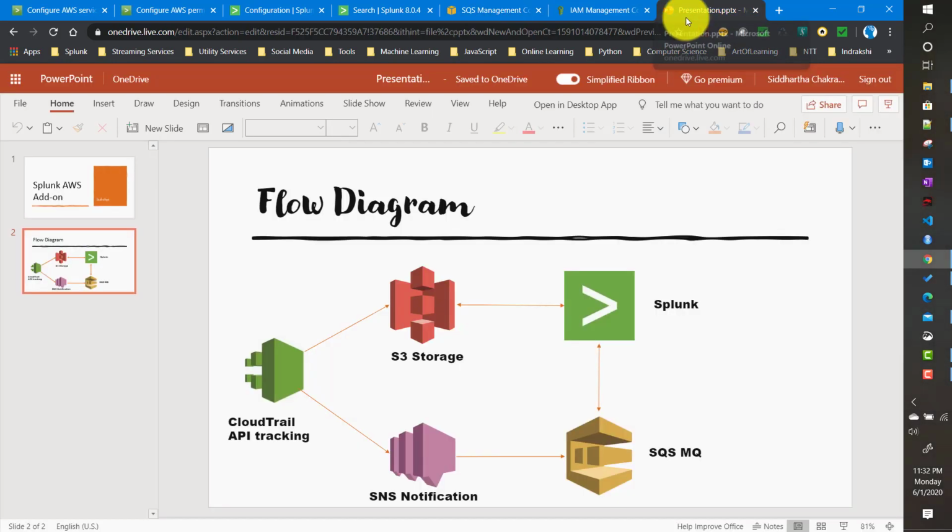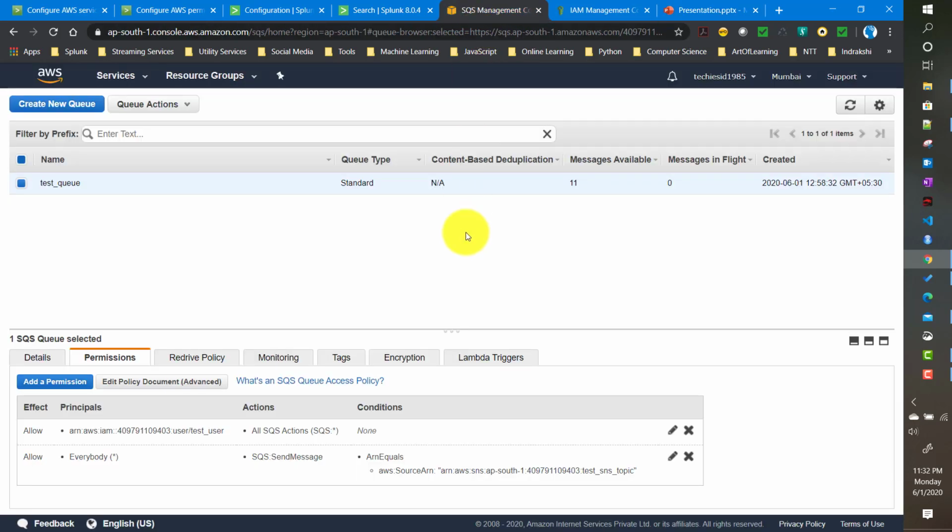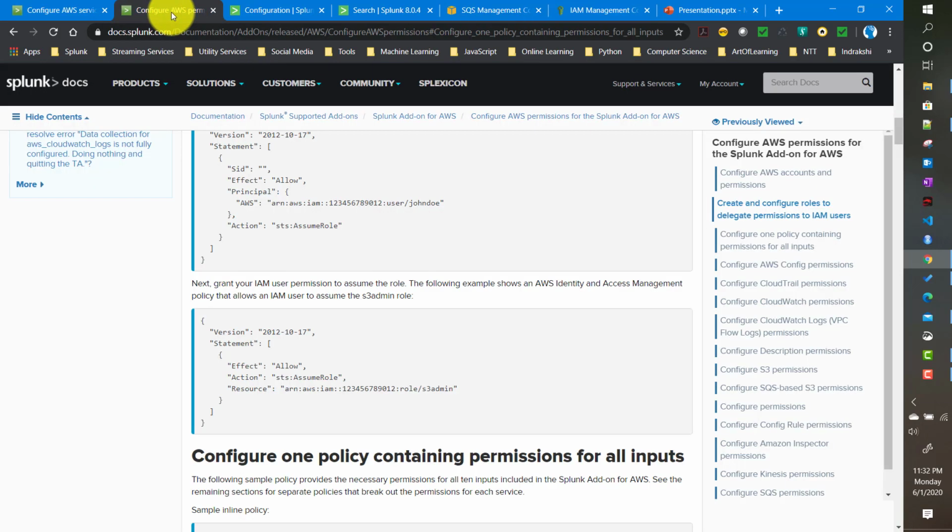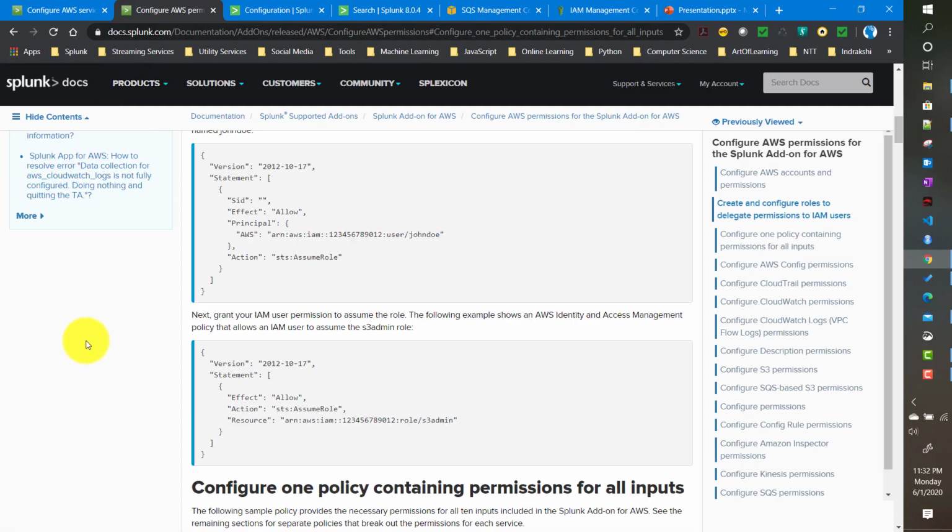So we created this particular component as well over here, right? So at least from the AWS point of view, hopefully we are good enough. I think we already set up whatever is required. Maybe if we missed something, we will come back over here and fix it. Now let us go back over here